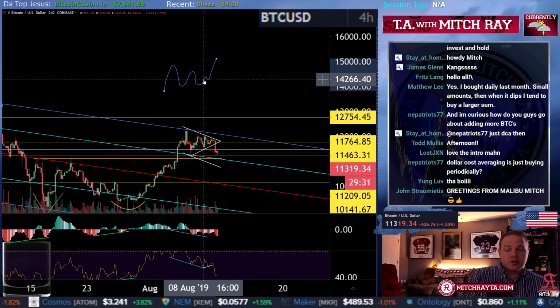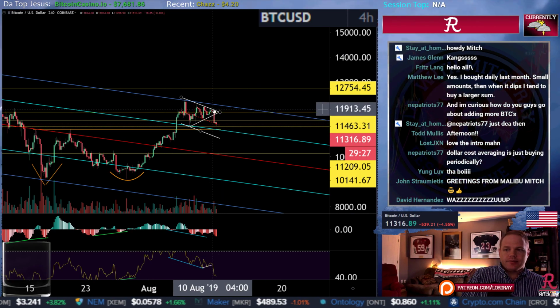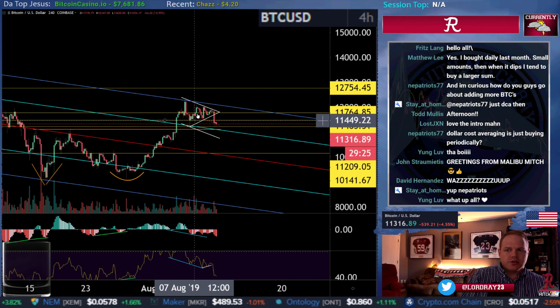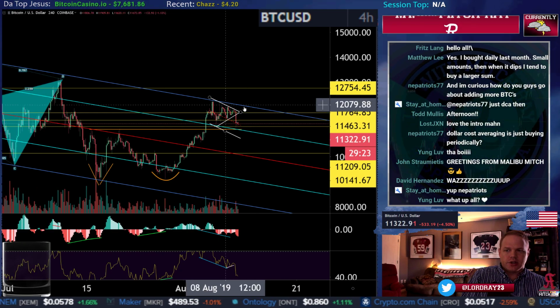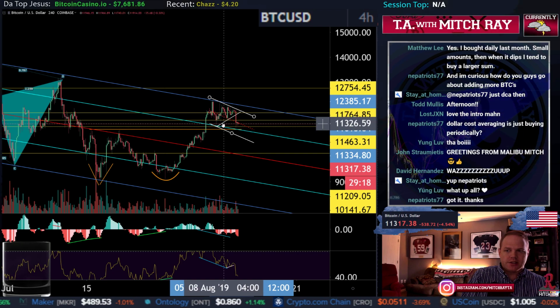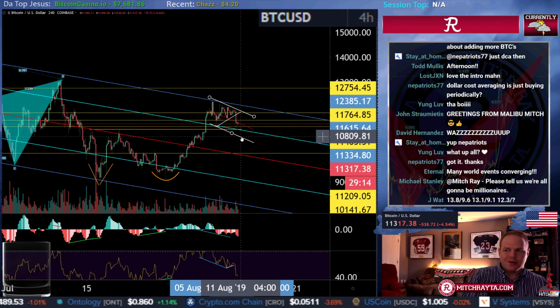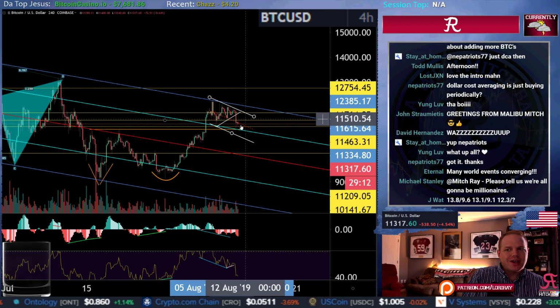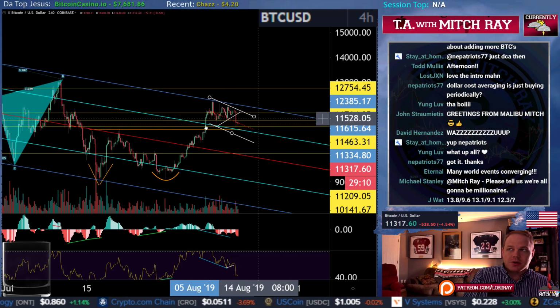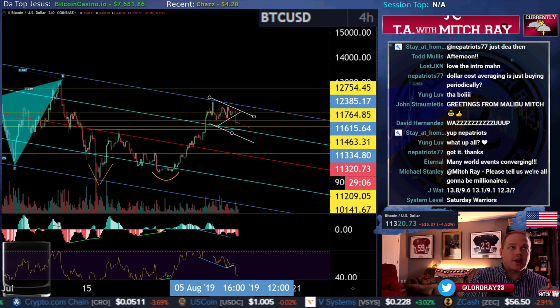And hey man, even if you broke down, what does that mean? That means you're still inside a potential bullish consolidation pattern, right? You're still in that flag that we had initially before we started making these higher lows. You could go as low as 10,800 and still be in a flag or downsloping consolidation pattern. Something we do want to talk about, and this is just hindsight, just for the sake of getting better,